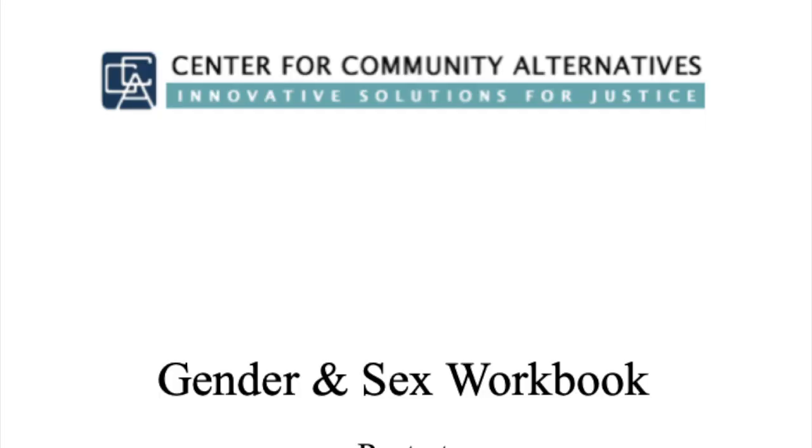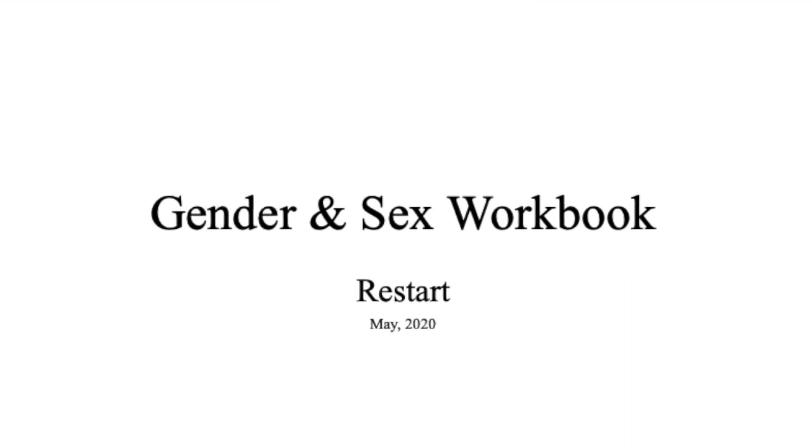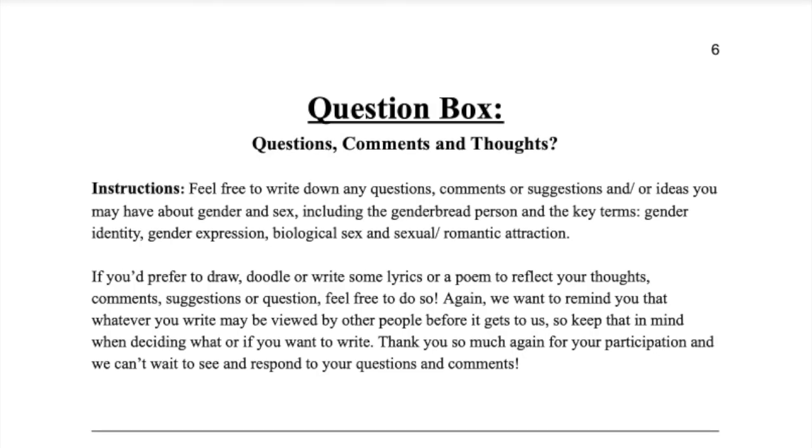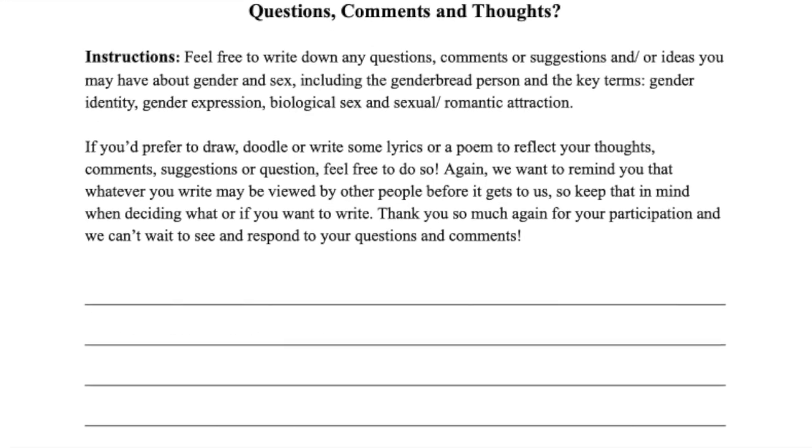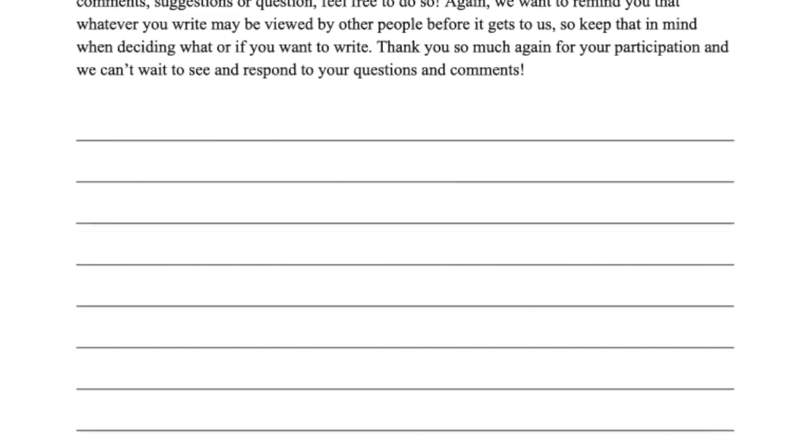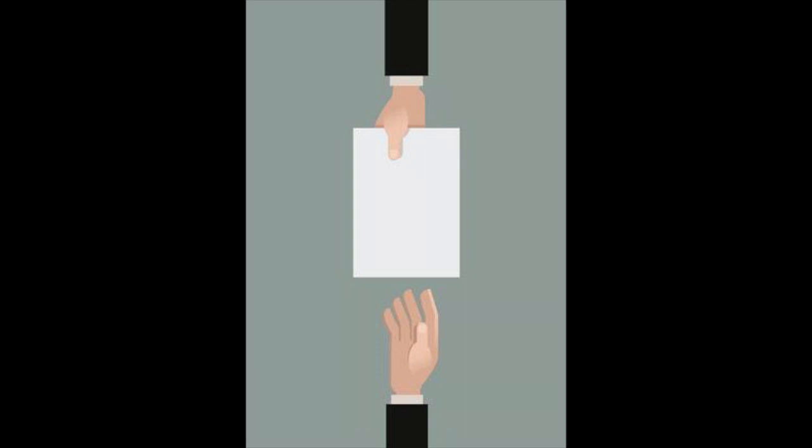Every person should receive a worksheet packet, and you'll use this to follow along with this workshop and the next workshops that come up. At the end of your workbook, you'll find a section called the question box. The way this works is that you'll write down any questions you have about this workshop or any topics or terms that are discussed during this workshop or any upcoming workshops. Then, if you would like your questions answered by us, you'll submit that last page with all of your questions written down to the coordinator in the room with you, and then we'll try to answer your questions in the next video so that you'll have all those good answers, okay?